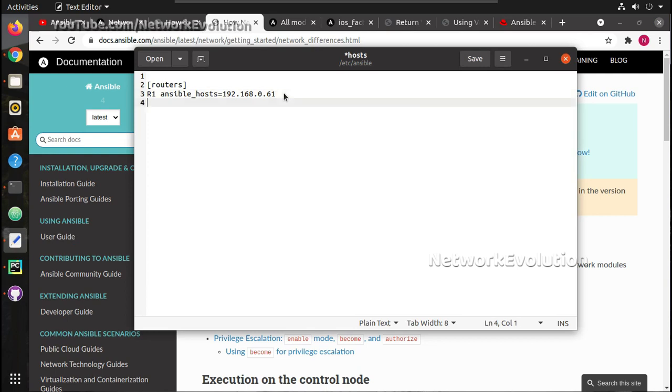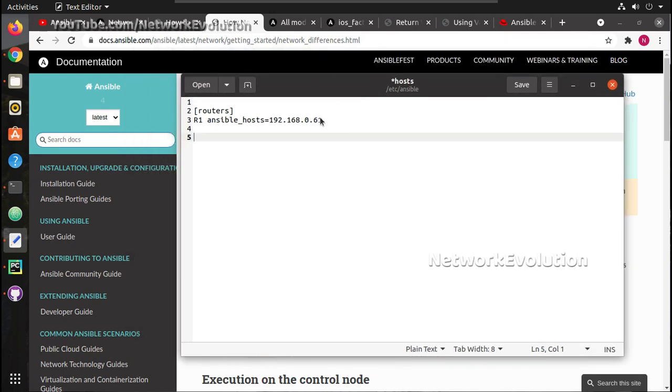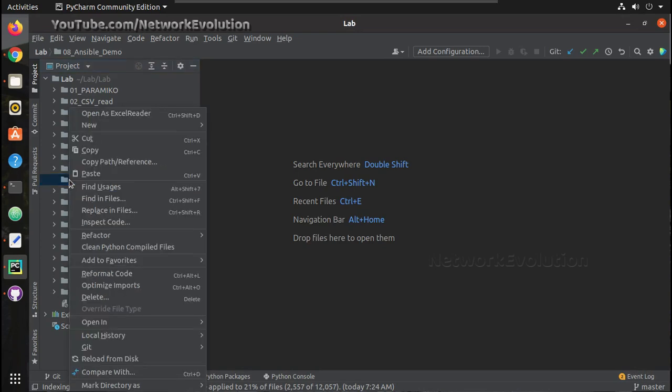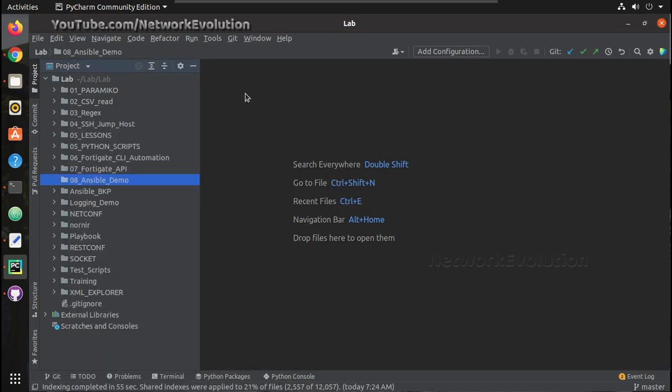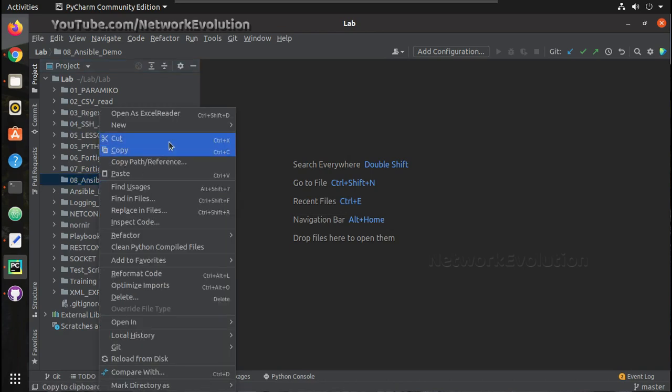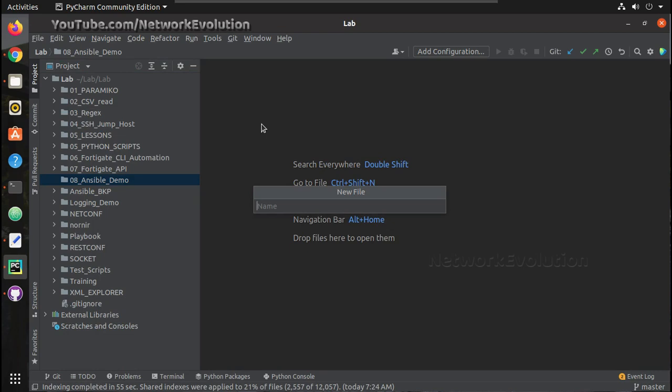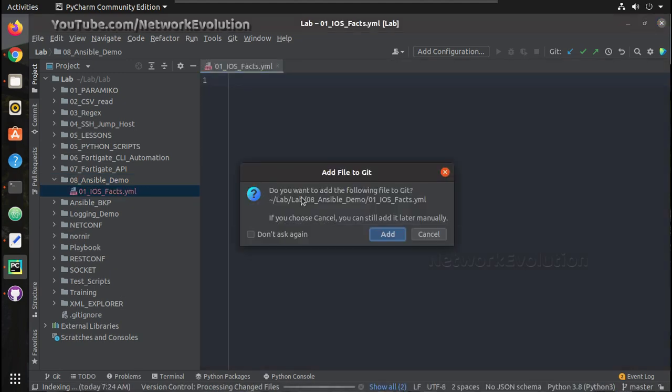Now I have R1 configured here, and without adding anything, let us try creating one playbook and we'll see what are the mandatory options. So I'll be using PyCharm for creating YAML file. So I have a folder here, 08 Ansible demo. Create a file. I'll call this as iosfacts.yaml,